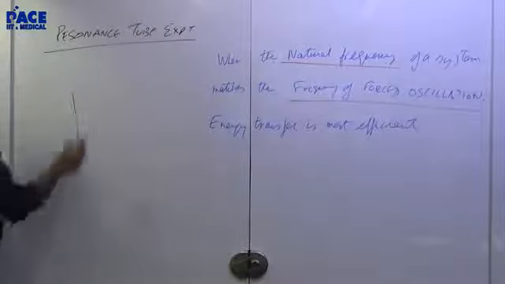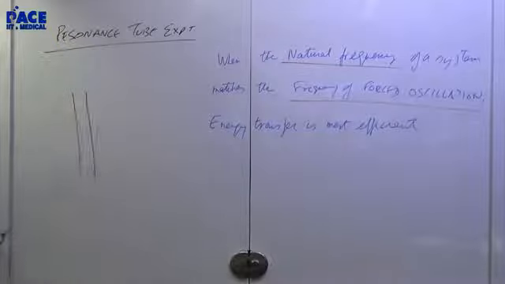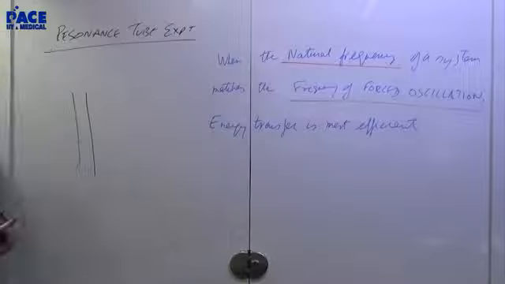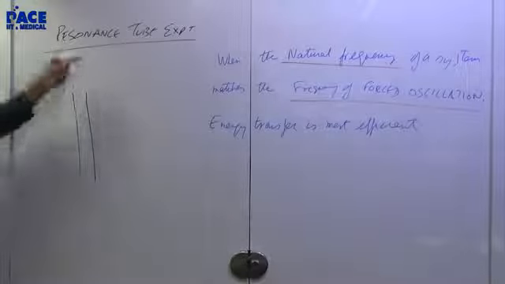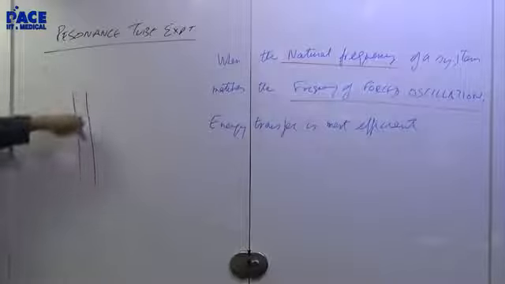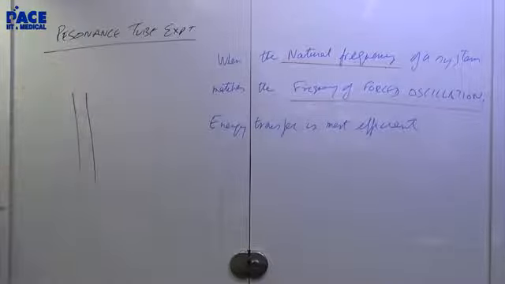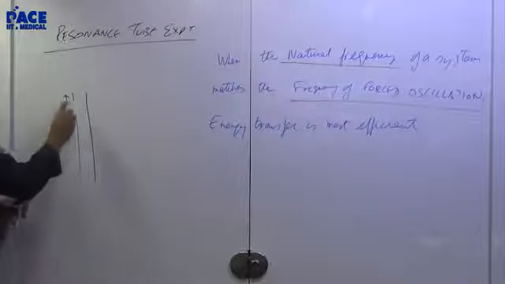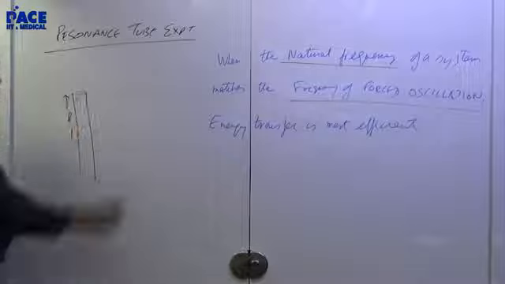So we have a tube like that, which is immersed in water. There is a clamp or stand to hold it, there is a scale beside it, so I'm not showing those other things. So just a tube which you can immerse or bring out as much as you want. For example, right now the length of the tube which is coming out is L. So that's the tube, that's the mouth of the tube.